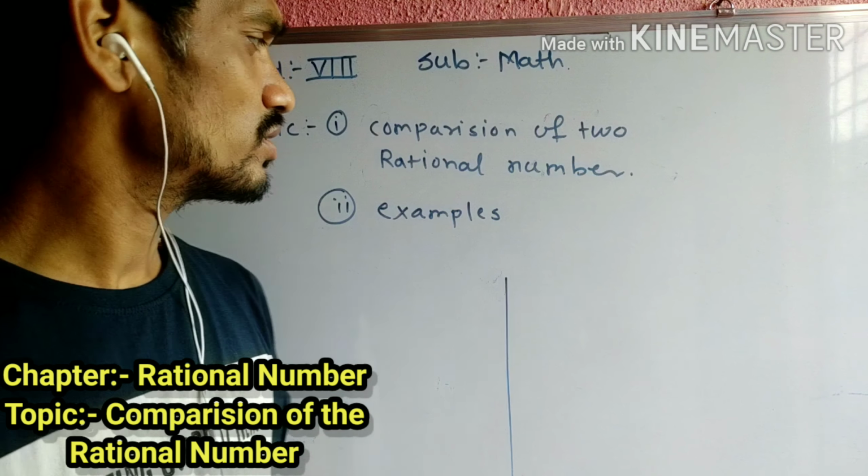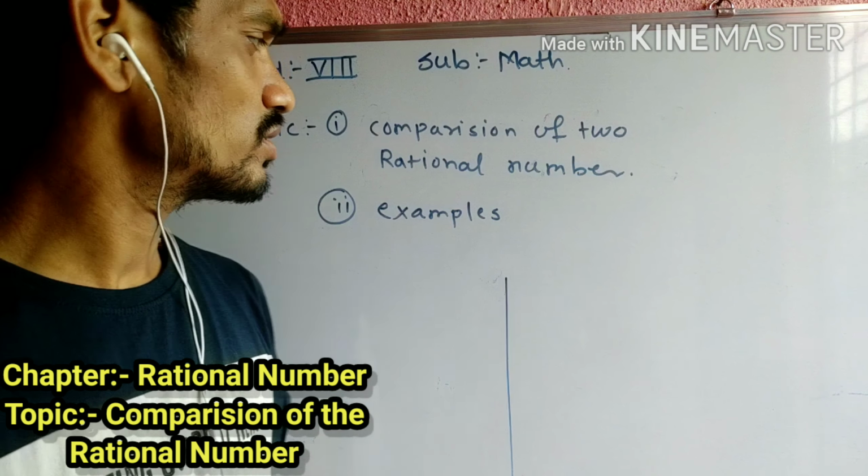It means the first time I am taking this as positive, the second time I am taking this as negative. The sign will change; greater will change into lesser. In this way we can take it whenever we multiply by a negative. Okay, so next is 3 by 2 and 5 by 2.